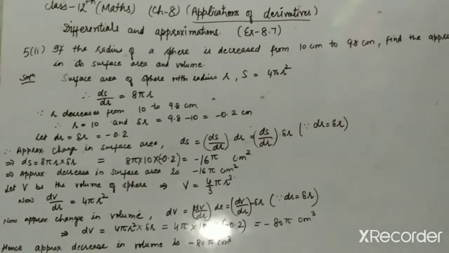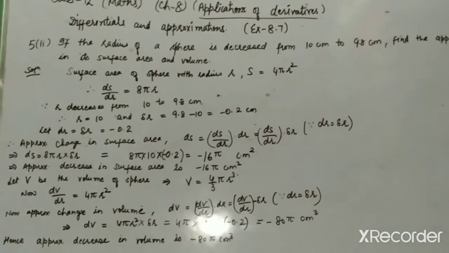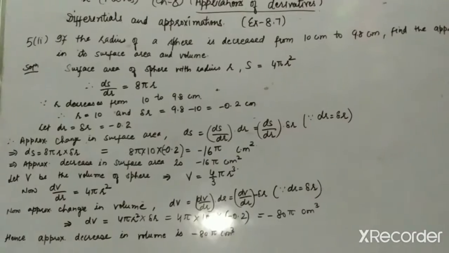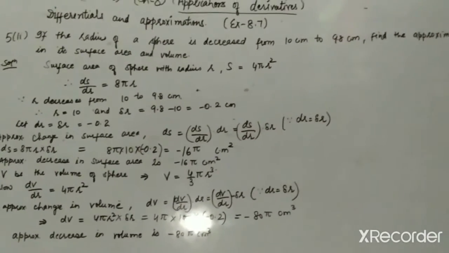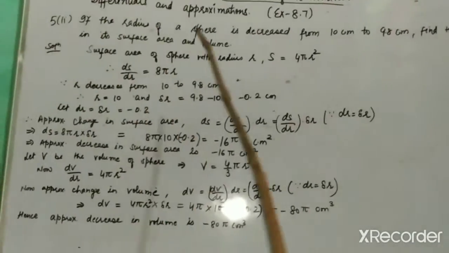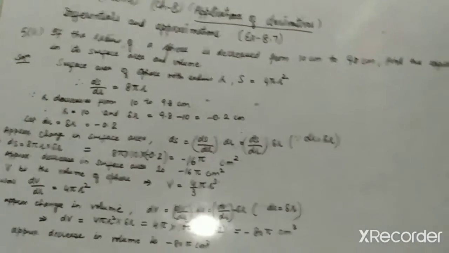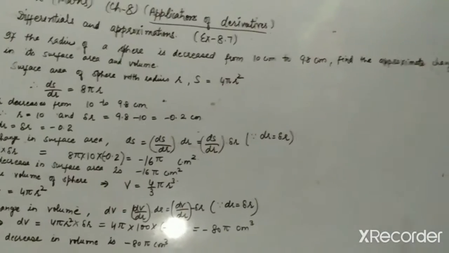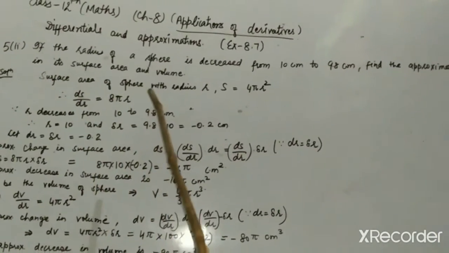Students, in our previous video we discussed the first 4 sums of exercise 8.7, differentials and approximations. Now we'll continue with our fifth sum. Here in the fifth sum, second part, we are asked: if the radius of a sphere is decreased from 10 centimeter to 9.8 centimeter, then find the approximate change in its surface area and